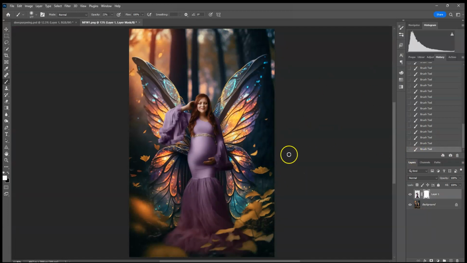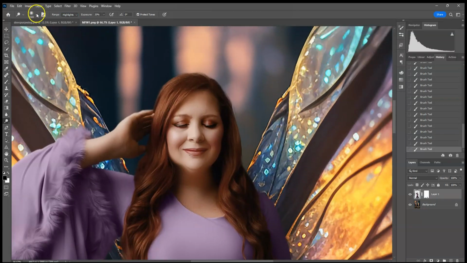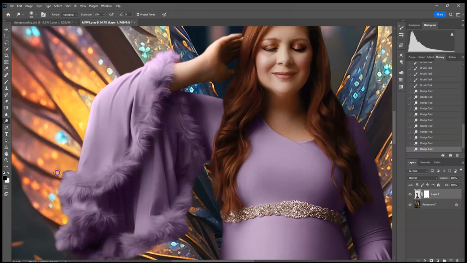Now, lighting. So I want to make it look like she is more backlit. So I'm going to click on her. I'm going to go over to my dodge tool, and I'm going to go to highlights, and I'm going to zoom in, and I'm going to go around the outside of her body, around the edge, and as you can see, this is going to make it look as if